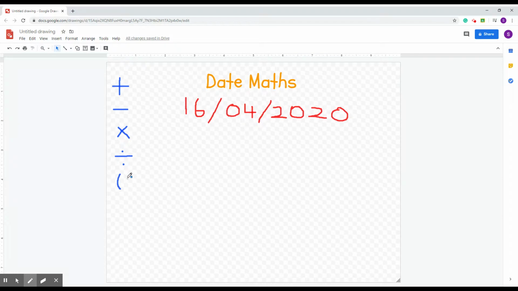We can use brackets in our equation. So the idea is to use the numbers in the date and these operations to make an equation. Of course, we need an equals. We can use a number squared, so a number times itself. I can use square root if I understand that. I can use fractions. I'm running out of room here. I can use decimals, 0.4. I just like to put all those things down to remind us of the tools that we can use